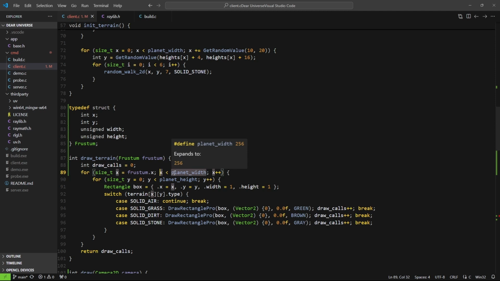Do I want my screen to wrap around? I want to wrap in the future, but for now, to test terrain generation, that's basically what we are working on. I don't think I want to wrap it, because it's easier to visualize how the terrain is being generated without having terrain wrapping. So I'm going to leave this condition with two things. This needs to be less than planet width, and x needs to